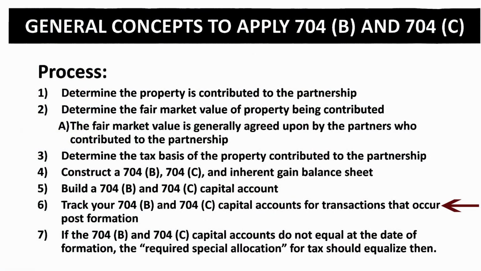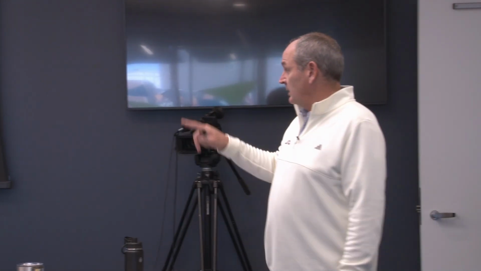Track your 704B and 704C capital accounts for transactions that occur post-formation. Okay, and going back to Sam's question earlier, we have the agreed upon, which hits one account, both accounts, neither account? Both. We have a required, which hits C only. Okay, and when it talks about track your 704B and your 704C capital accounts, it says which is going to result in a